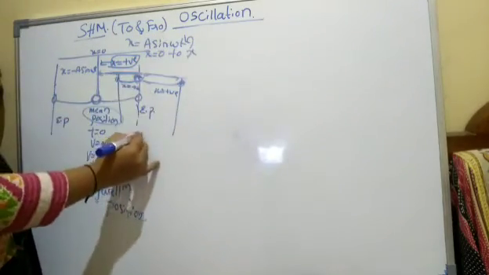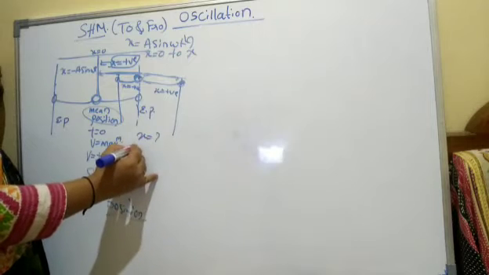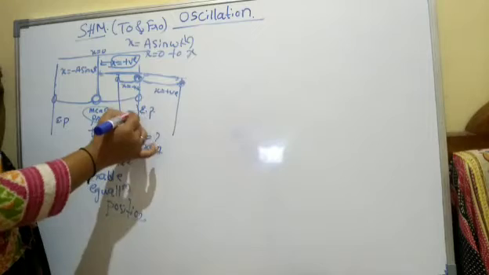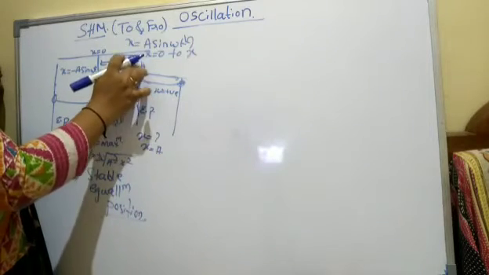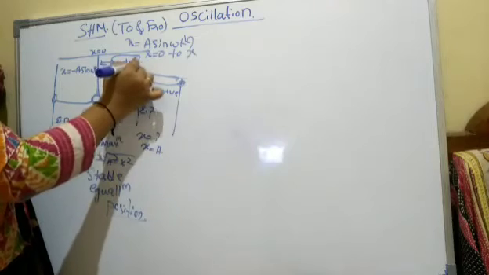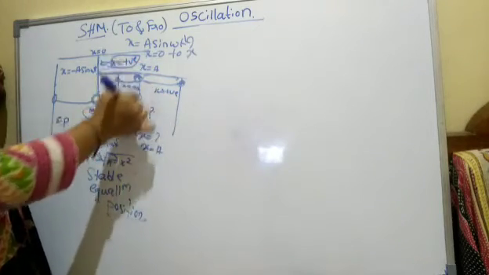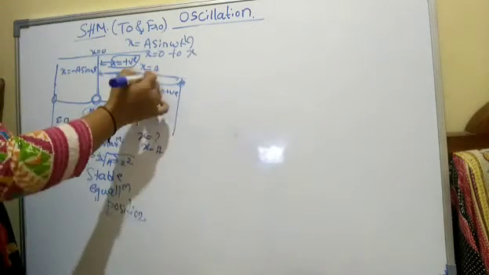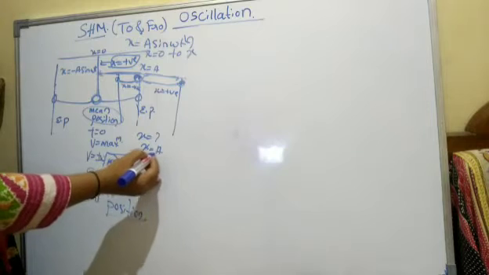So what is the equation when the body is moving from x equal to A? Here I will take x equal to A. That means the particle is already at the extreme position, and there it is starting the journey, right? So from x equal to A